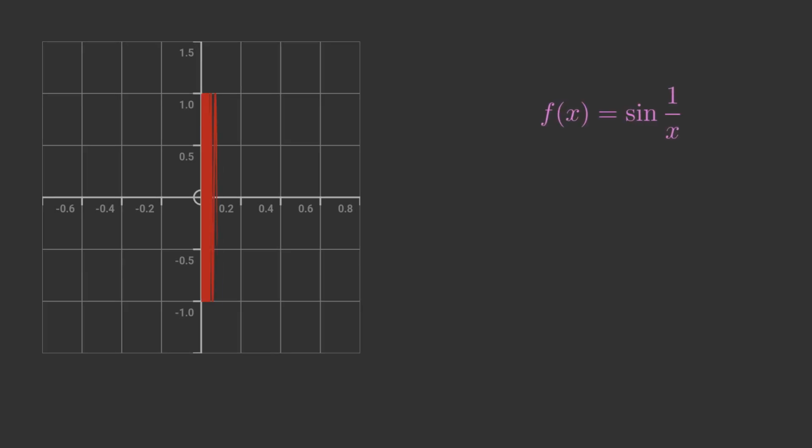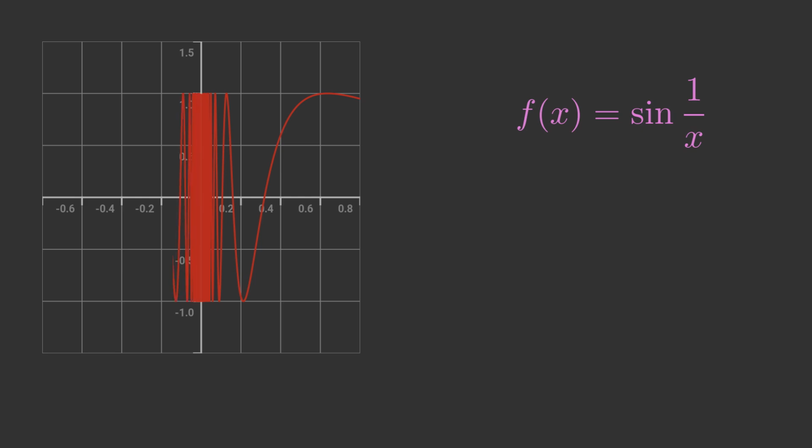Here is the function sine 1 over x again. So far we've only shown the curve for x greater than 0. Since sine is an odd function, the curve of sine 1 over x for negative x is the same shape as the curve for positive x, but negated, that is flipped over the x-axis. Here is the complete curve. Notice that the curve is undefined when x is 0, because at that point 1 over x is infinite, and we can't find the sine of infinity. So we can't find the value of the function at 0, but can we find the limit as x